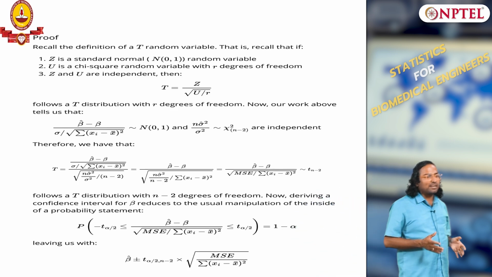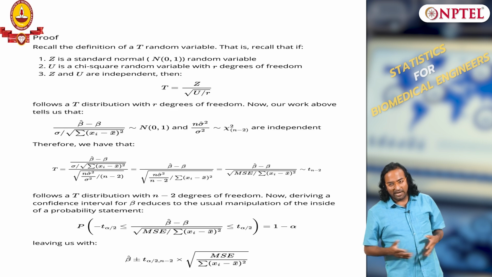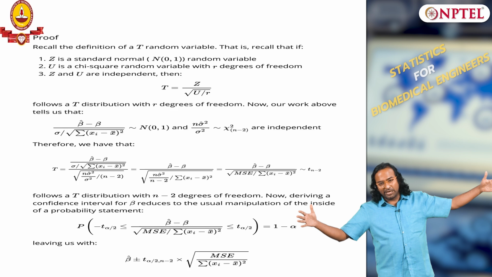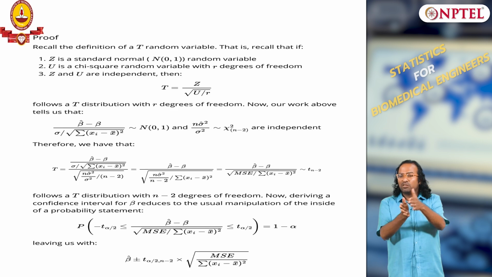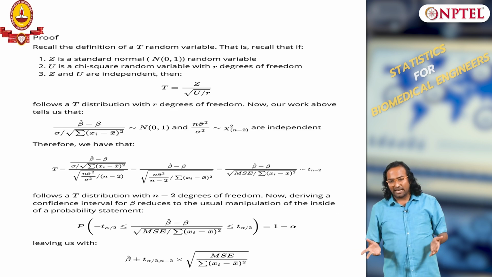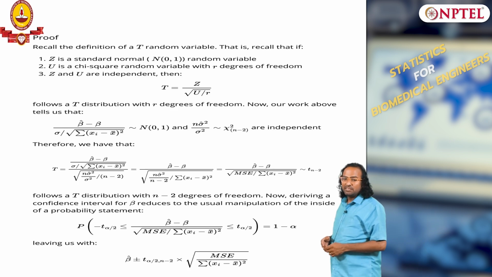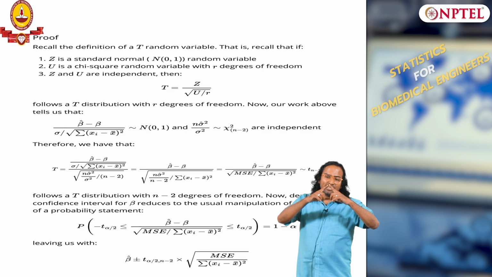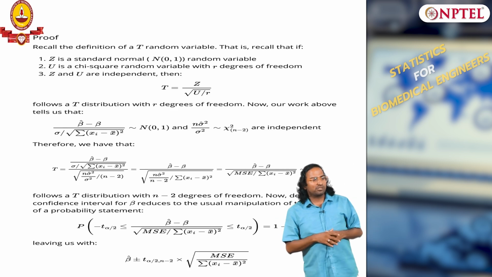You should have guessed it, the mean square error is an estimate of sigma square, the residual. If the mean square error is large, that is the variance is large, the confidence interval will be big or loose, and if the variance of the noise, or the mean square error, is low, the confidence interval is going to be tight. And if you have more data points, it will become a Z distribution, so the confidence interval will again be tighter, whereas with the t distribution the confidence interval will be loose if you have fewer data points.